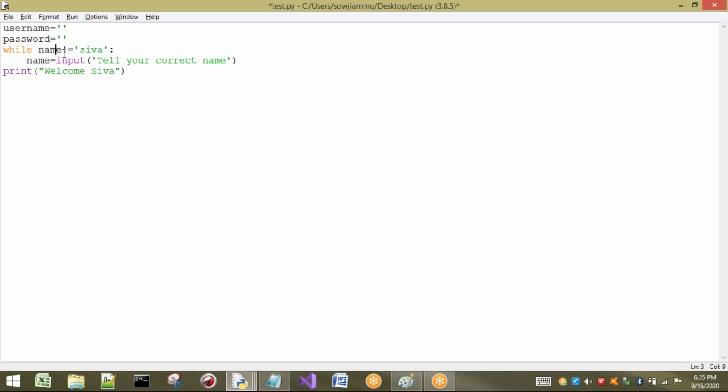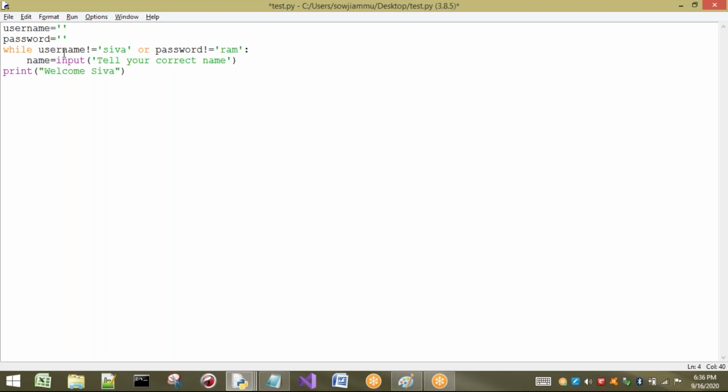While what I have to take? While username equal to my username is Shiva, for example, my password also Shiva, for example. So what I have to do? Or, what can I take? Password. I can enter only if both the cases are true. If username is true and password is false, I cannot enter. If password is correct and username is wrong, I cannot enter. Okay, already we know about this case. So or means if at least one is false, we are going to get output as false. My password is also, for example, Ram I am taking.